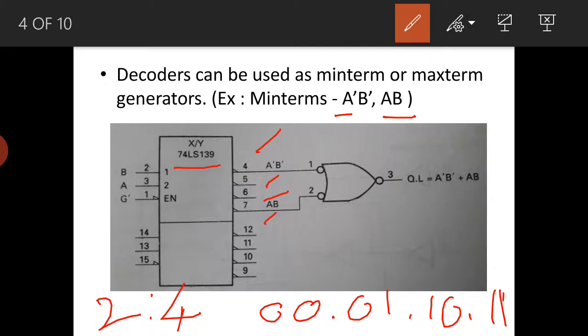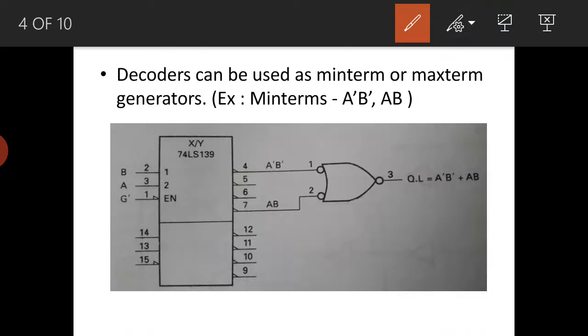If you see here, this 0 0 means the two inputs, A and B. So whenever A and B are 0 0, that is nothing but A bar and B bar, the output is 0 here. Why is it 0? Because this is active low. As we are seeing the notch here, the small rectangle, that indicates the signal is active low. The meaning of active low is that the signal is active when that value is low.